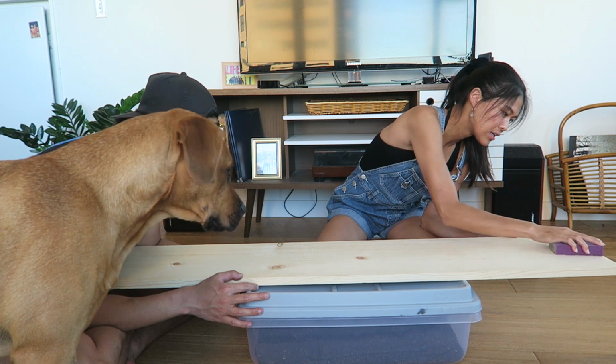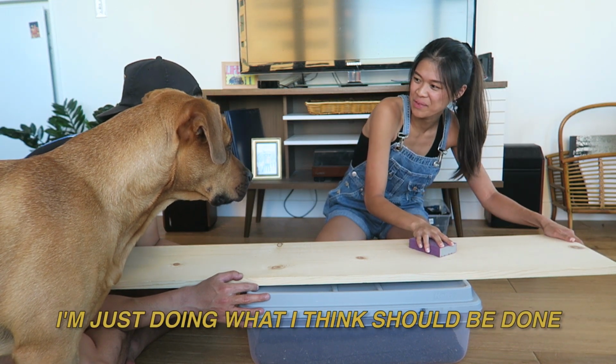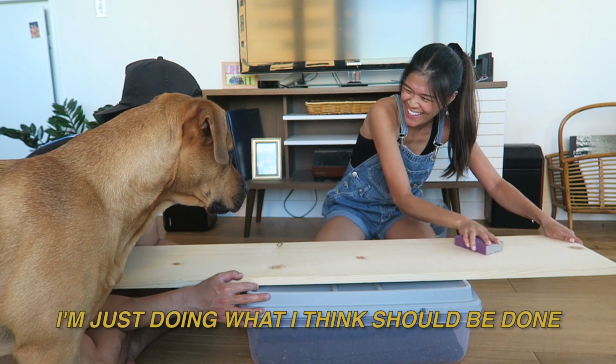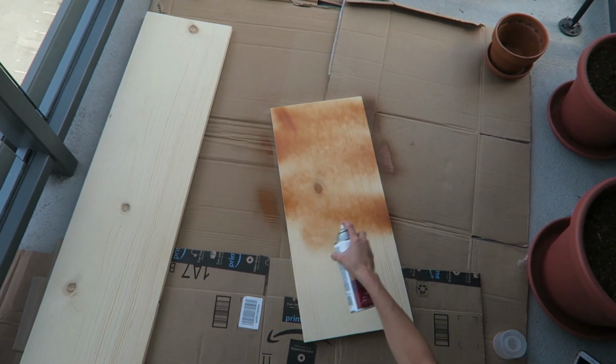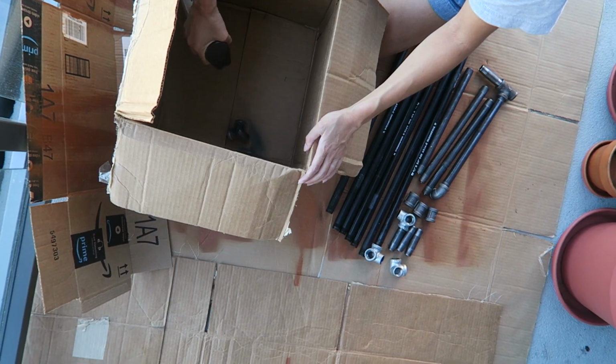We sanded the wood. I didn't even look up what to do. I'm just doing what I think should be done. Stained the wood, took the frame apart to spray paint it again,